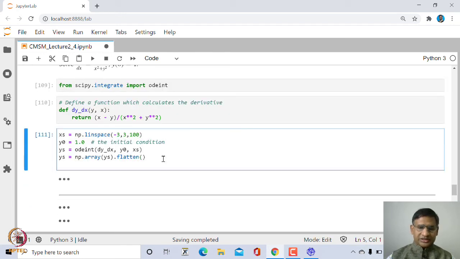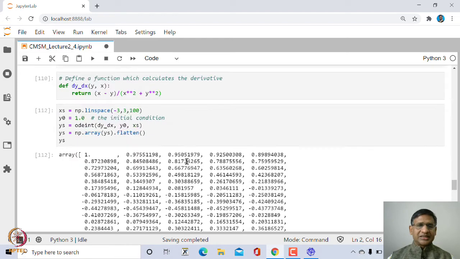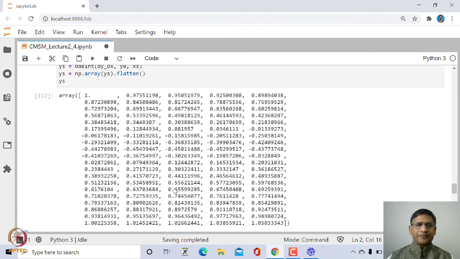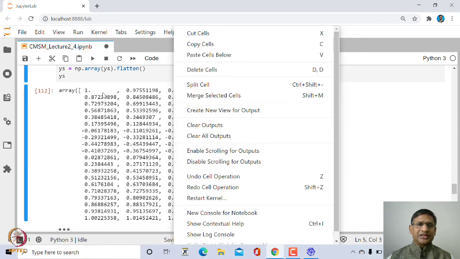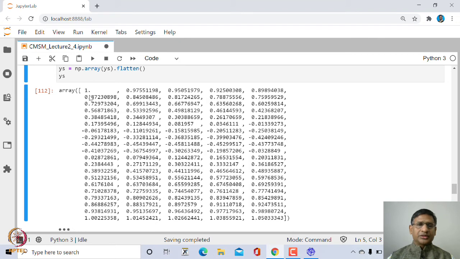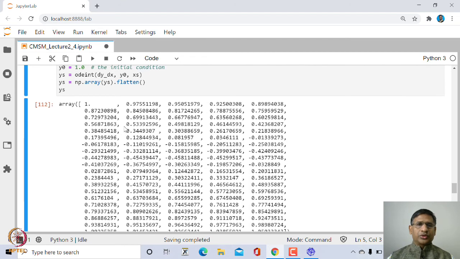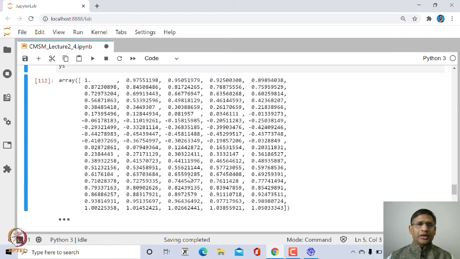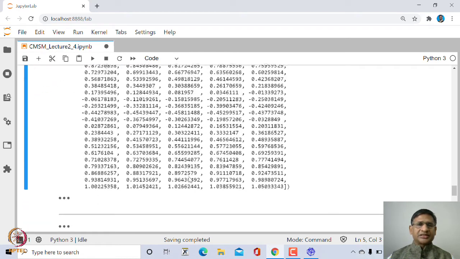and let us look at what these values ys are. So these are the y values. So at -3 the y value is 1, and so on. Right, and next let us look at,